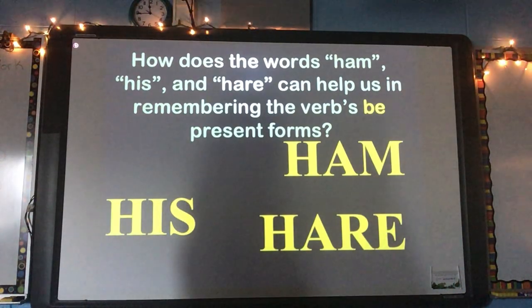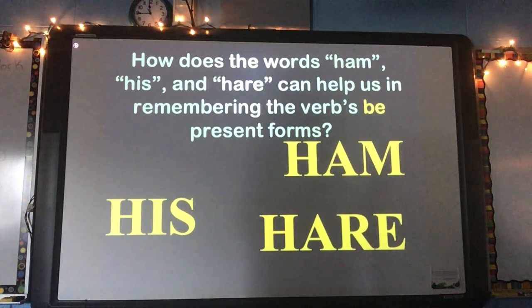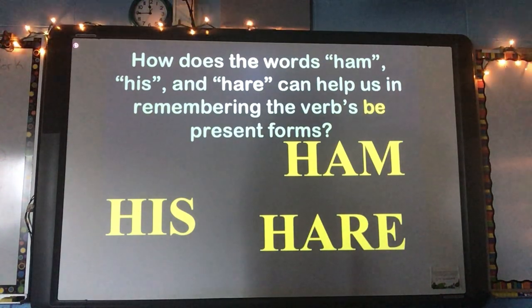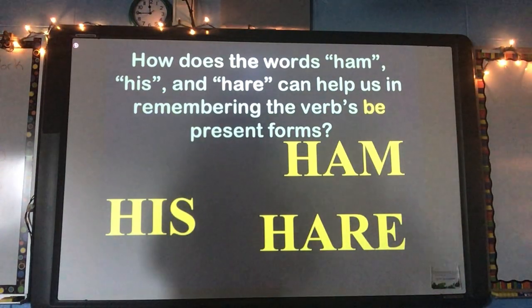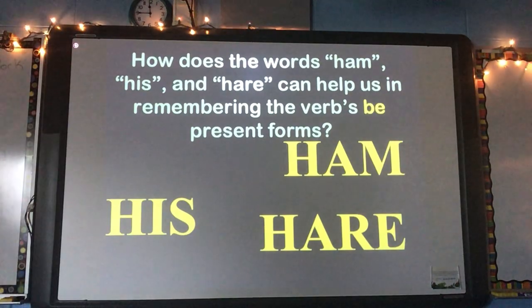All right, listening in 3, 2, 1. So, we could always use some tips to help us memorize these important facts. We know in math, in all of our subjects, some of the information that we get, we just have to memorize it. So we can come up with tricks to help us memorize. Our tricks for our verb be are him, his, and hair. You want to see hair like a rabbit? Hair that's on your head is spelled H-A-I-R. The hair like a rabbit is spelled H-A-R-E. Let's see how these 3 words could help us memorize our be.